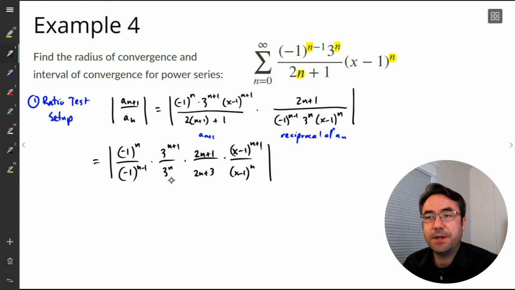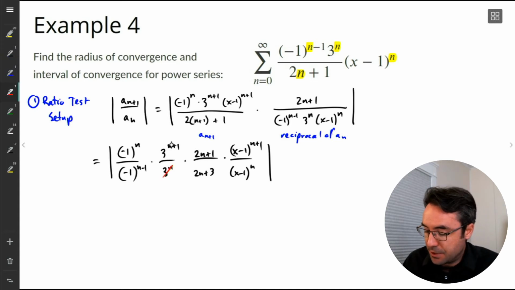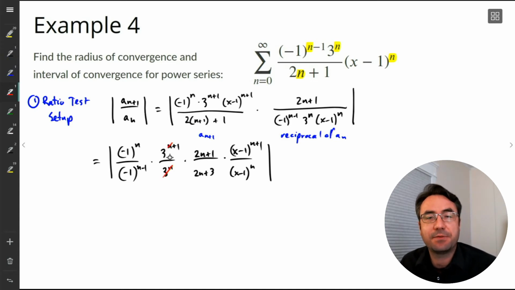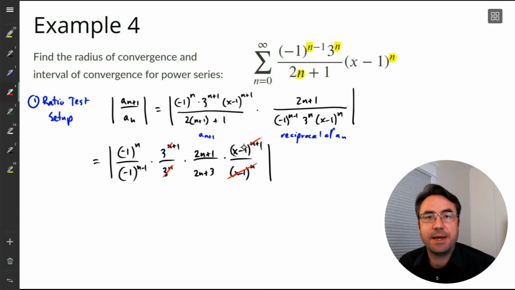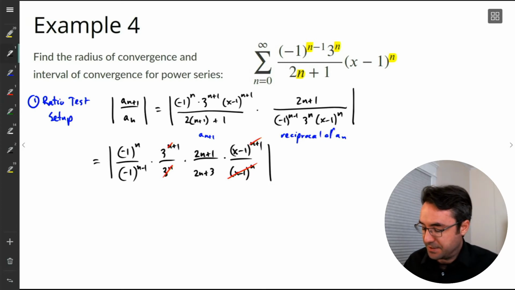The powers of 3 here, there's n copies of 3 in the denominator. There's n plus 1 copies of 3 in the numerator. So everything except 1 copy of 3 is going to be left over. And not too much to do here. And then same idea with these powers of x minus 1. We're going to be able to cancel everything off, all except 1 copy of x minus 1 that's up there in the numerator. So when we simplify this down,